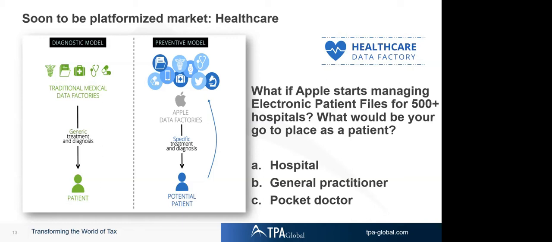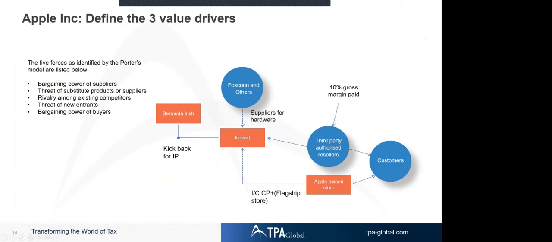So if we look at Apple as one of the bigger players, and let's look at something which is physical again, like an iPhone. You buy an iPhone, say for 1,100 euros. The cost roughly, this is a guesstimate, the best guesstimate is around 400 euros, including supply chain cost. That leaves 700 euros margin, which needs to be allocated between, in this particular case, the Bermuda Irish company, which is